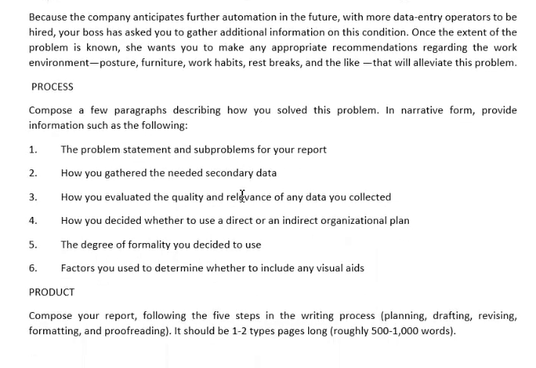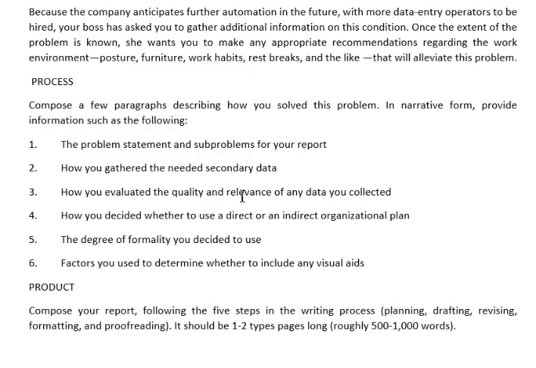Now, of course, part of this assignment is for you to do some research. You can do research on carpal tunnel syndrome by getting a book on it. You can do research on carpal tunnel syndrome by researching it online. You can get it from pretty much an encyclopedia. You can get it from pretty much anywhere you like, but getting some information about what this is and whatever potential solutions there are, it's not going to be that difficult to find. I mean, literature about carpal tunnel syndrome is ubiquitous. It's all over the place.